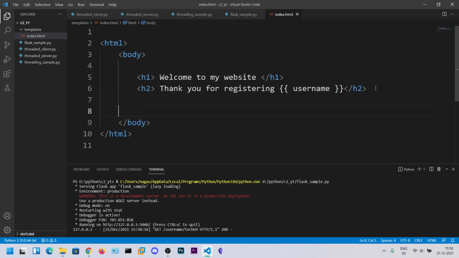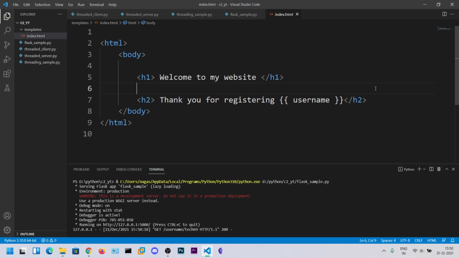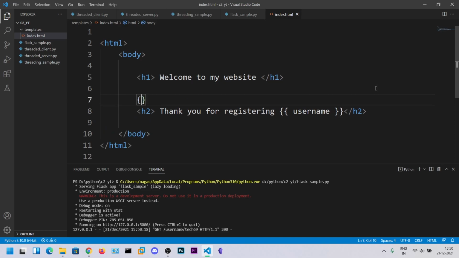So what I'm going to do is show a for loop in this h2 tag. You can say open brace, percentage, and percentage close brace. In this we need to write the code for i in range of, let's say, 5 times, and then again percentage and end for.